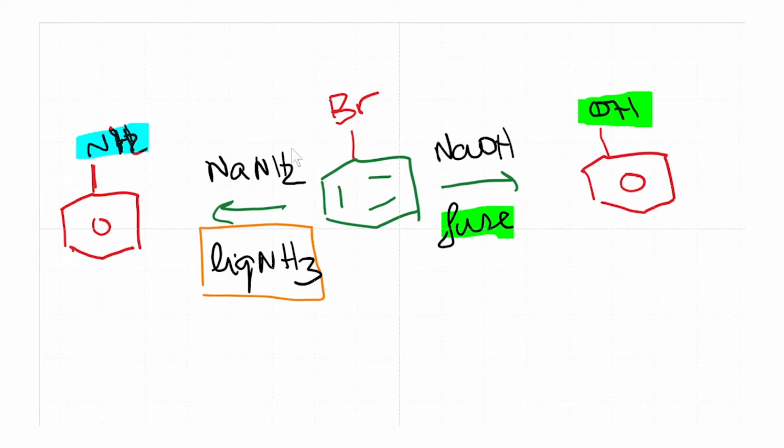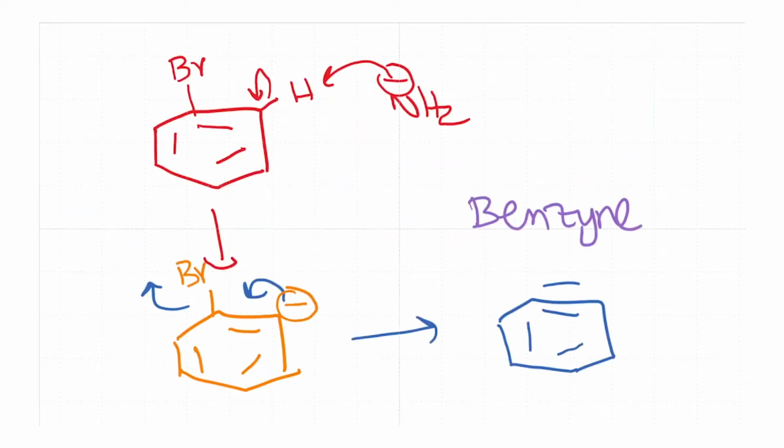Similarly, when you take bromobenzene and react it with sodium amide in liquid ammonia, the product here is aniline. So this reaction can occur, but you need extreme reaction conditions for it to happen. And not only that, the reaction mechanism is also very interesting. The proposed mechanism's first step involves NH2 minus picking up a proton and leaving behind a carbanion. And this carbanion can undergo a rearrangement in the following manner and produce the